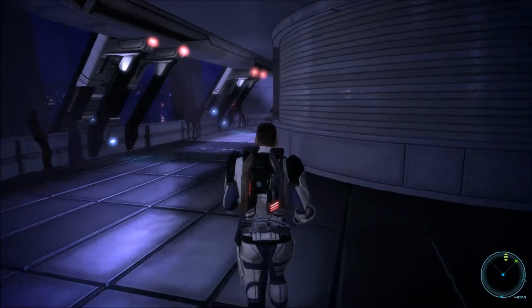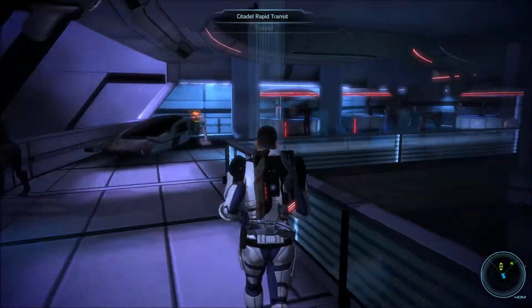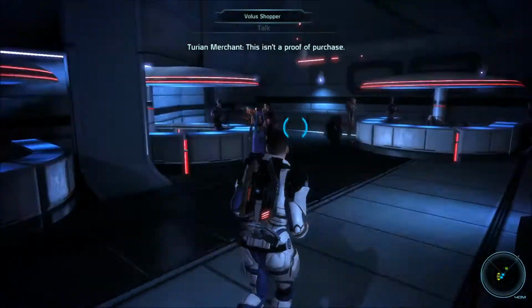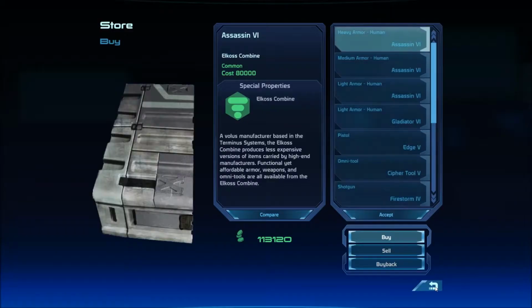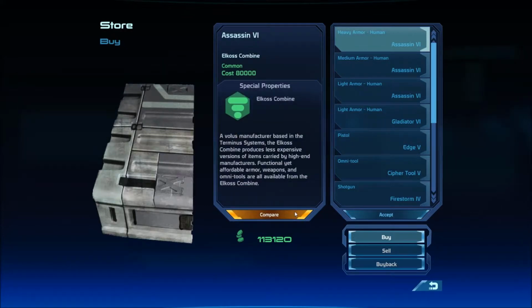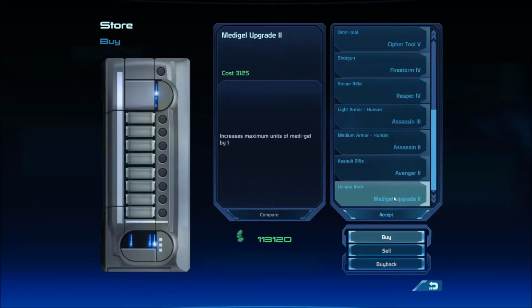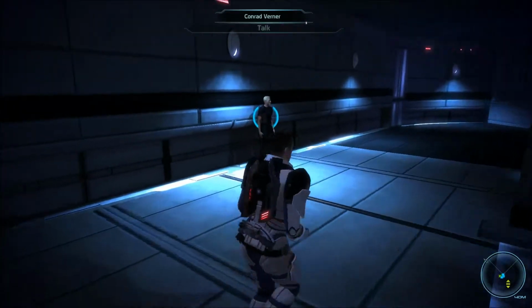So yeah, almost at the markets, and I'm also gonna talk to the vendors here so that I can buy more licenses. Heavy armor assassin. Well, that's actually quite good, but it's very expensive, 80,000. I kinda wanna save all the money. I can buy the Medical upgrade though. I kinda wanna save the money for the...